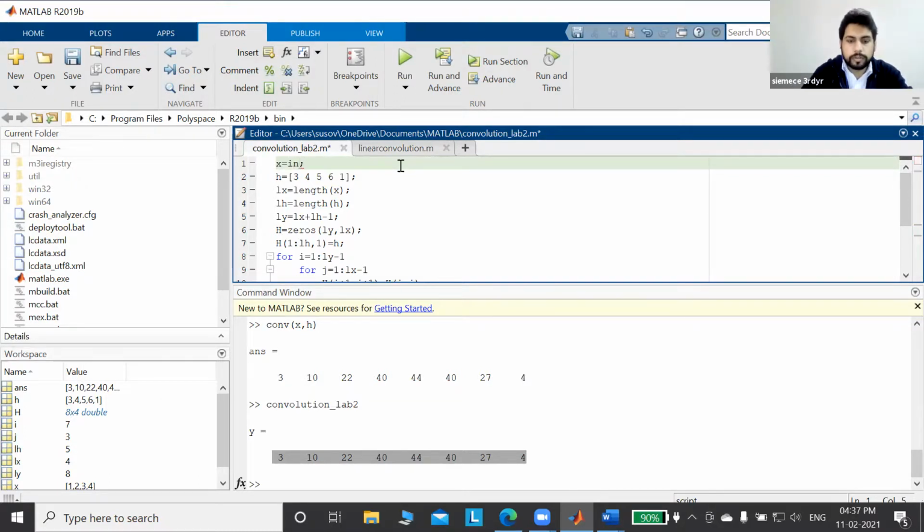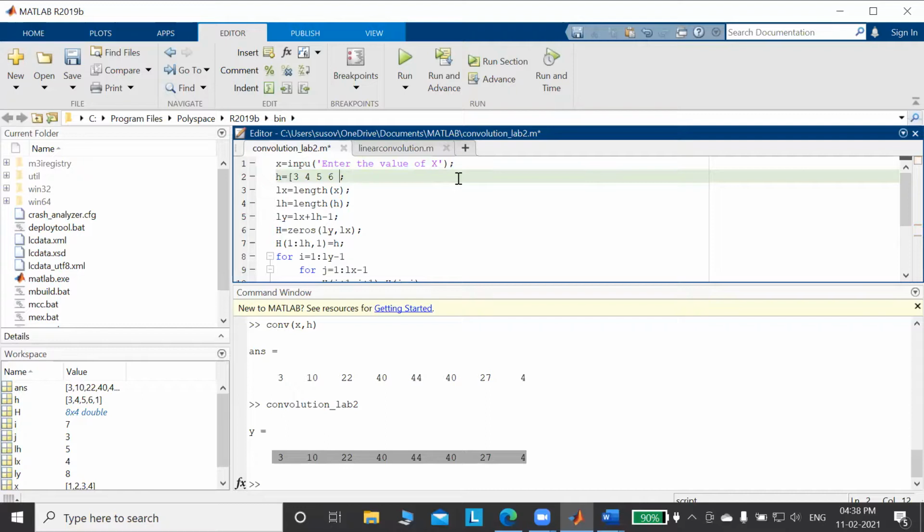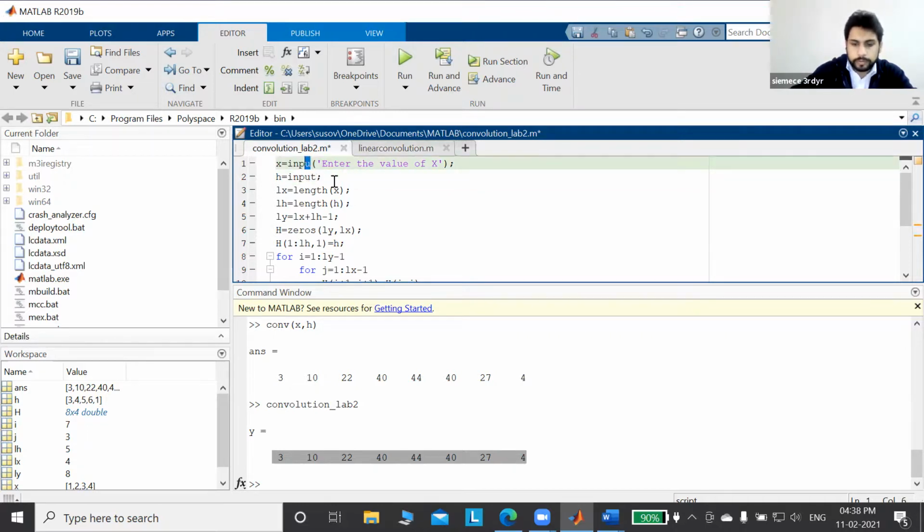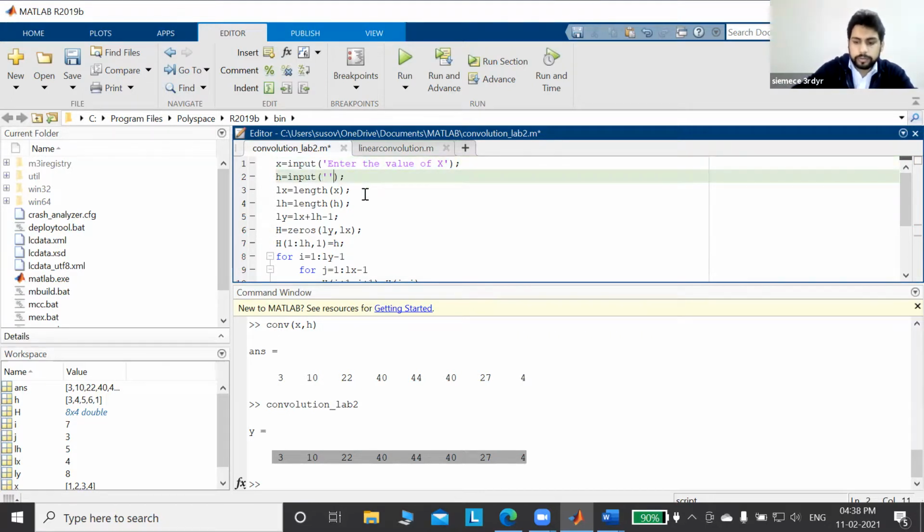Take input, bracket, write down, enter the value of x, and write another input, enter the value of h.